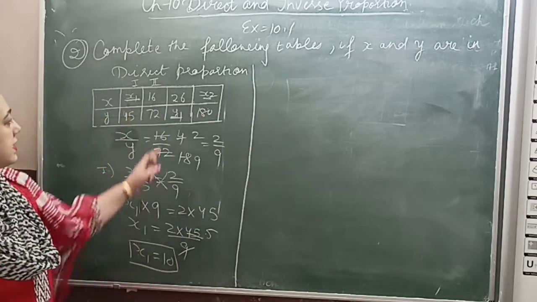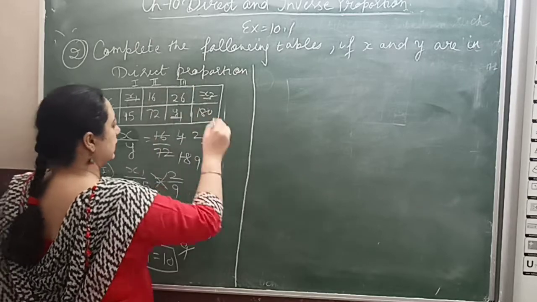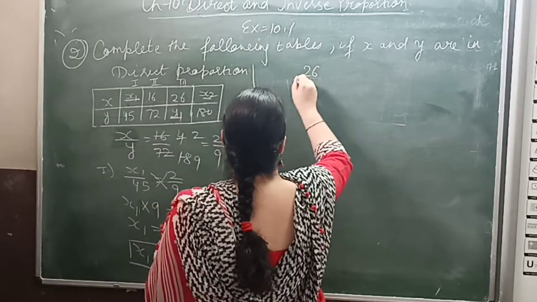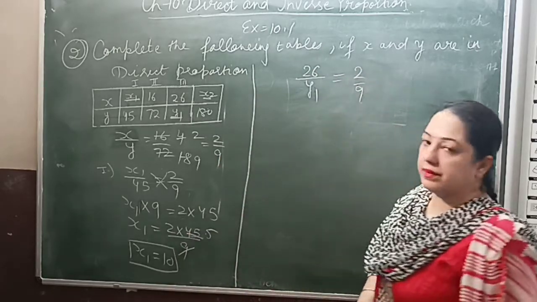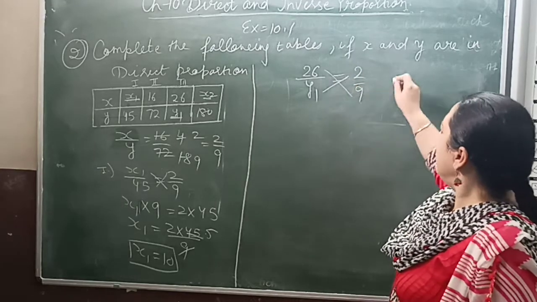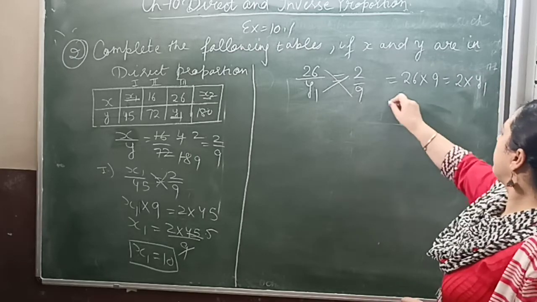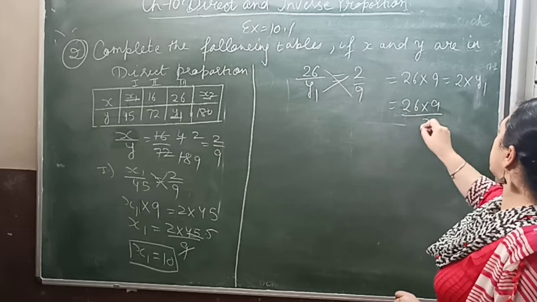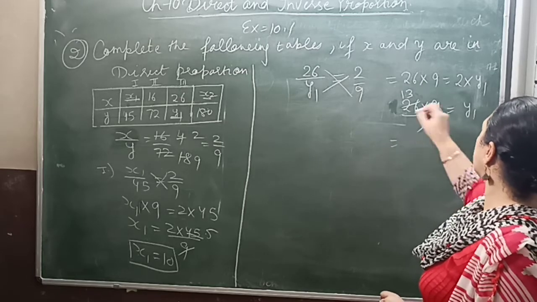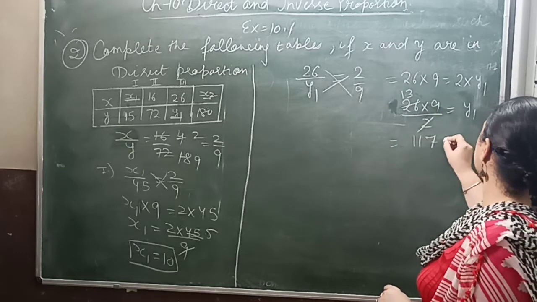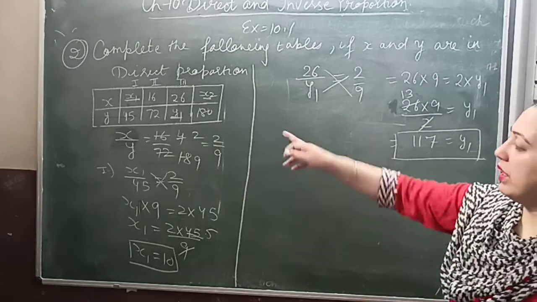Now I find the second value, that is y1. Right? Now I equate the second and third: 26 over y1 is equal to the simplest ratio, 2 over 9. Now again I do the cross multiply. I will get 26 into 9 equals 2 into y1. Now 26 into 9 divided by 2 gives y1. 2 1s are 2 and 2 13s are 26. Now 13 9s are 117. It is beta your y1. This is your second missing value in the table.